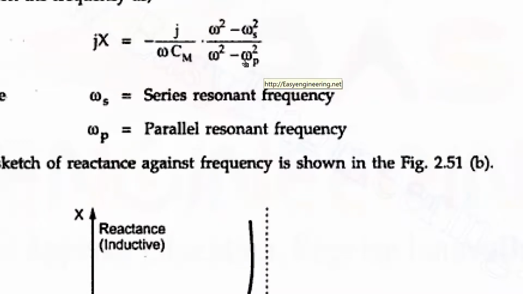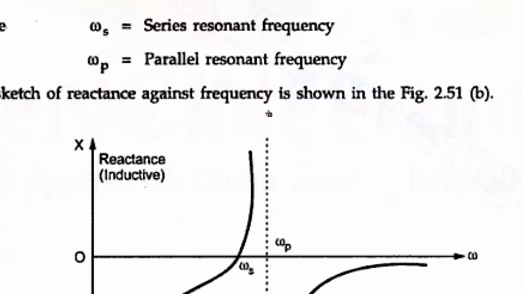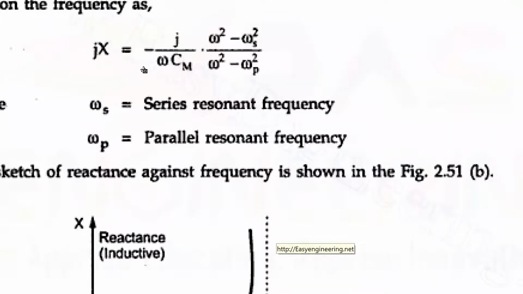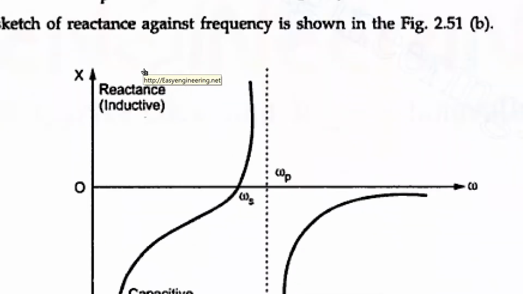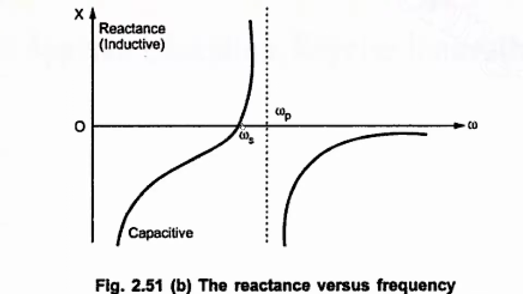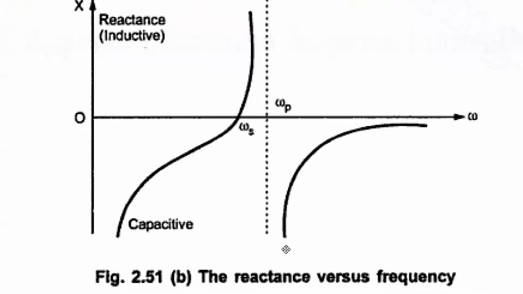Okay. So when omega is equal to omega p, it is infinity, but to understand whether it is plus infinity or minus infinity, we are taking slightly greater than omega p. Your friend has said x is negative. So it will start from minus infinity. So the curve comes like this, goes to infinity. Then from minus infinity, there is a discontinuity here. This is not a continuous graph. There is a discontinuity and the graph continues from minus infinity.